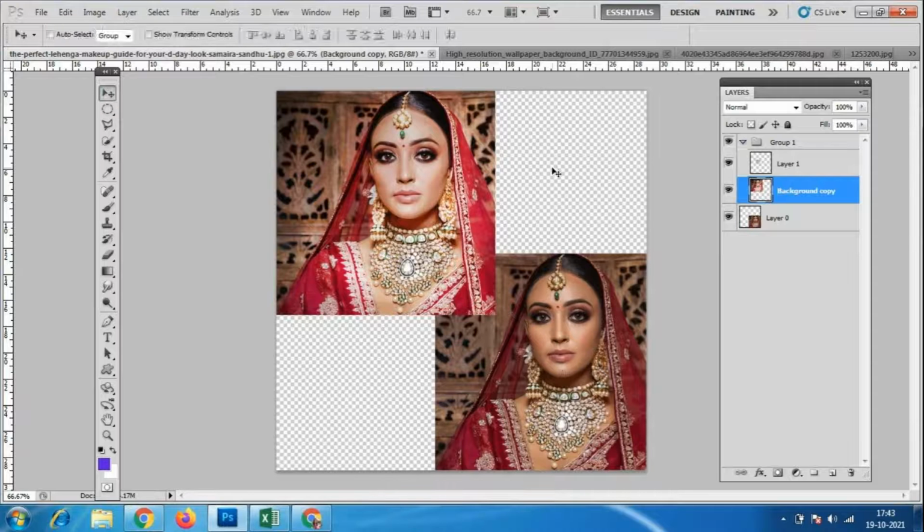One more thing: why have I taken the bridal image first? With bridal images you can do n number of things. Bridal images always look very beautiful and attractive. Yesterday, whoever sent me an image, for example Arunima Baidya, you did not take a good quality image; it is a very low resolution image.